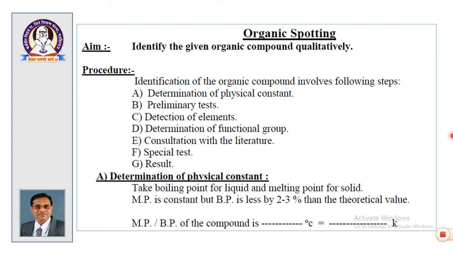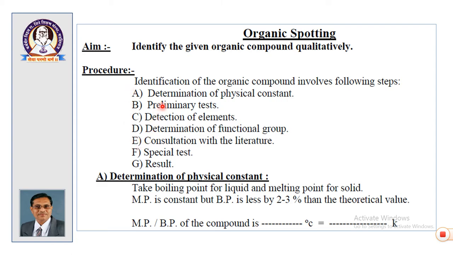You are provided with the PDF chart of the same experiments. During attending this lecture, you keep a notebook ready and note some additional points which we are discussing. So, in organic spotting, it is qualitative analysis. The identification of organic compound involves following steps. So, your experiment will be